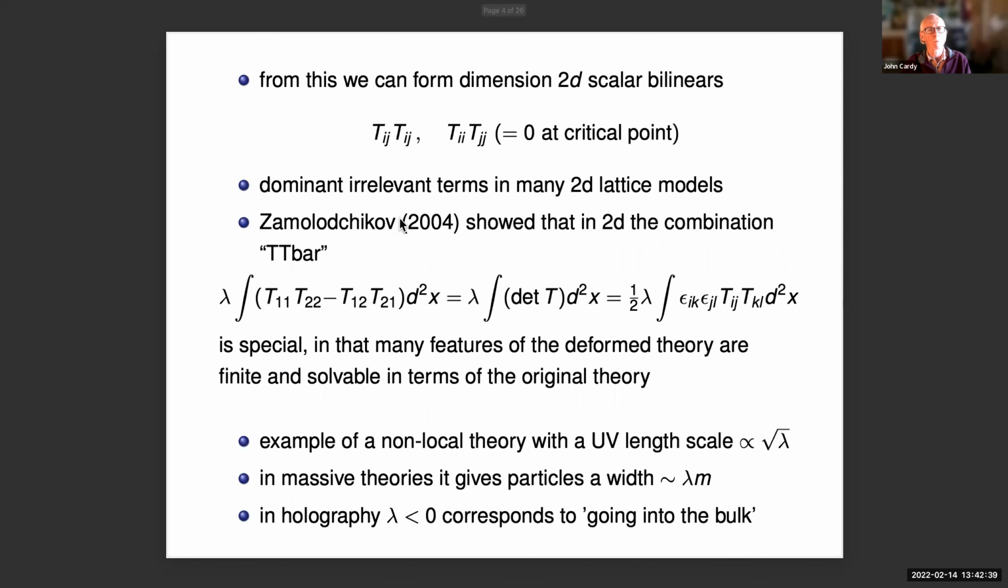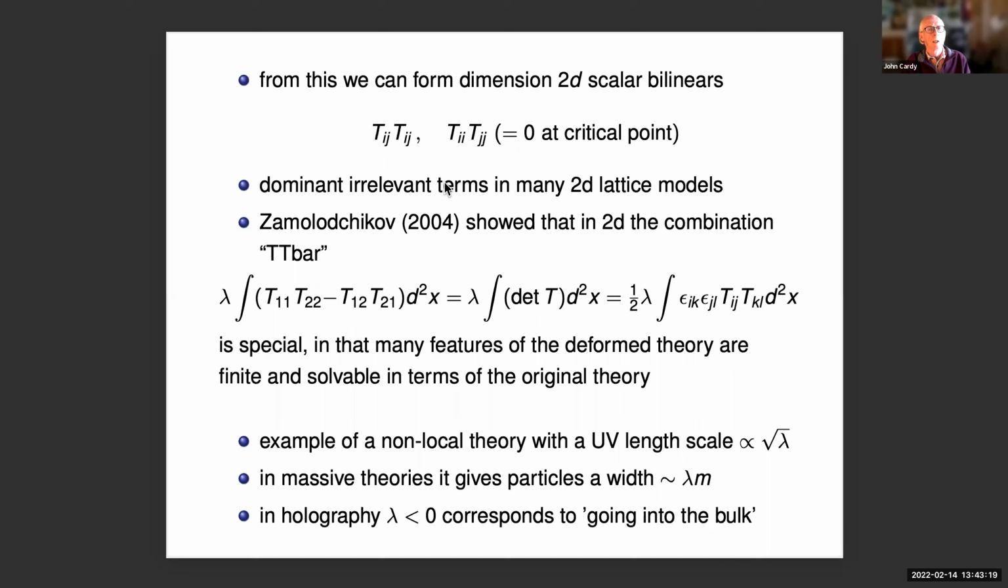Now, from this, you can form dimension 2D scalar bilinears by contracting indices. Of course, the trace is 0 at the critical point, but it turns out that once we turn on the TTbar deformation, that's no longer going to be 0 because the theory is no longer